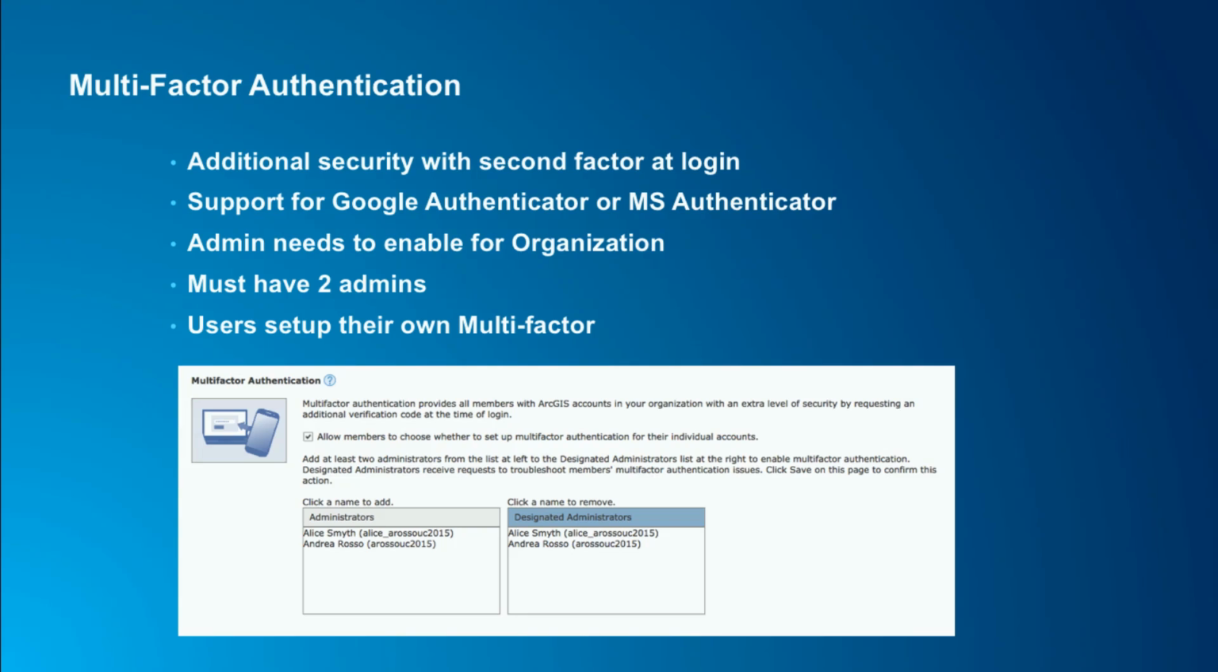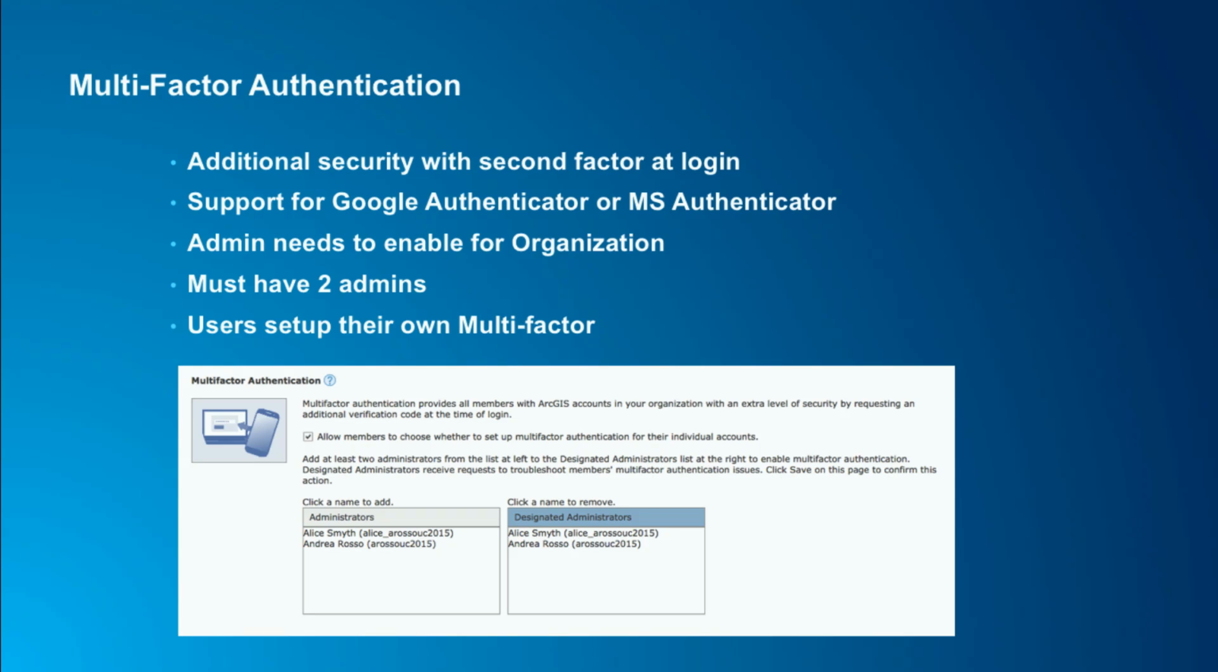A few other security-related things. If you're not using your own enterprise identity provider, you can switch on certain things like multi-factor authentication on your ArcGIS account. This allows you to increase the security of your users in your portal. Multi-factor authentication means you have a second factor, which is your smartphone in this case, which gives you a rotating number every 30 seconds